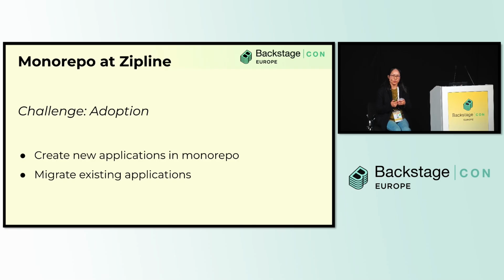Have you made sure that your application has enough redundancy, or have auto scaling in place, or even escalation policies in case something goes wrong with your application? We don't want to be the one to wake up at 2 a.m. to fix your applications, because our team, cloud infrastructure and DevEx, don't have the capability to do so. So basically, we try our best to make the customer experience better when they try to onboard the new